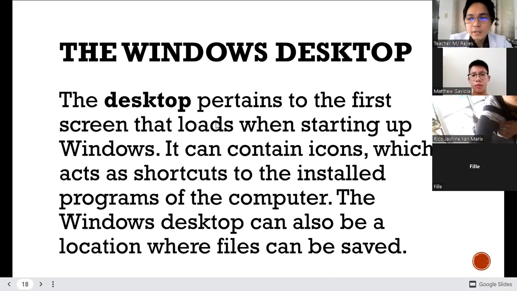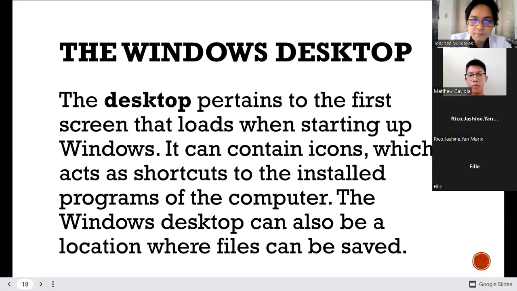But take note, if the operating system corrupts, or if you have problems with your operating system and it needs reformatting, all your files on the desktop will be deleted. That's why I'm not recommending anyone to save files on the desktop. You need to put them somewhere else, in a separate partition. Do not save them on the desktop.